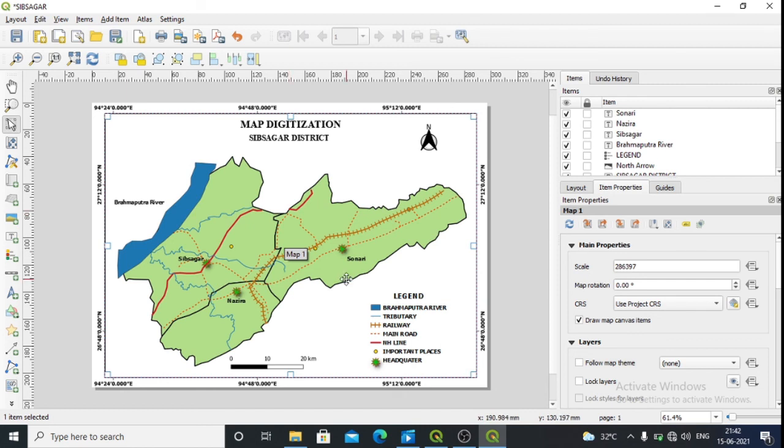Similarly, suppose you have the names of other districts around this area. You can add those as well. So how will you add them? You just bring one label, then you can add it.